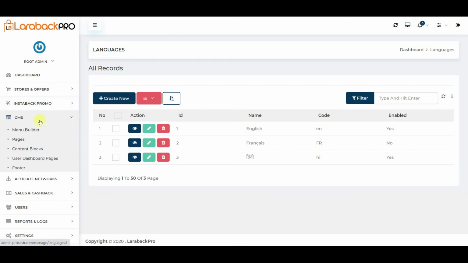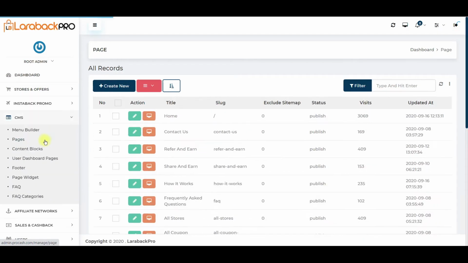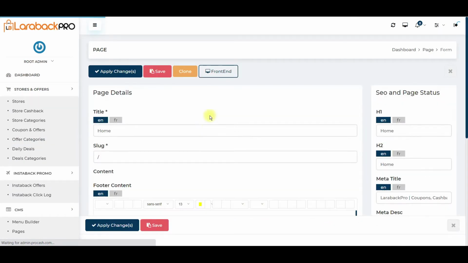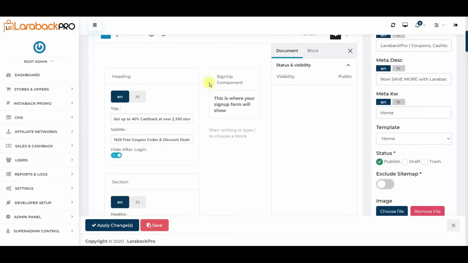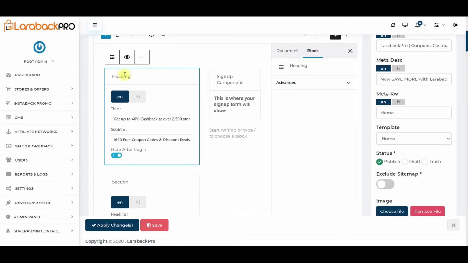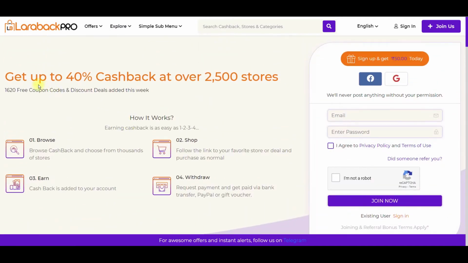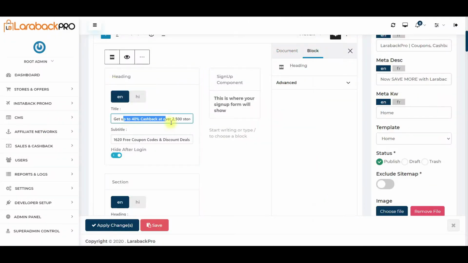Let's look at those settings. So go to CMS and click on pages. Here we have home page settings. So here you will find we have used a nice Gutenberg approach where every piece of information is presented as a block, and you can edit each and every block for whatever content that you want to change. For example, this is a heading block, so this particular line item and this content is available here. And if you see in Hindi, it is blank.